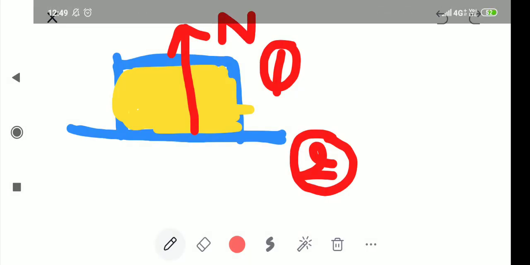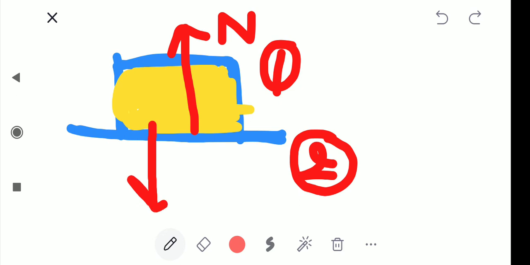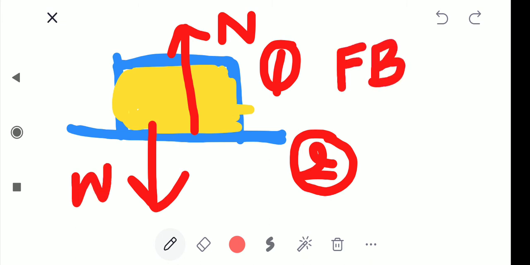Normal action. In Newton's laws of motion, we observe that a single force never exists; action-reaction pairs are equal and opposite in direction. So a single force in the universe never exists. If we think the normal reaction is the action, there is another reaction force, that is W. This is nothing but the FBD, free body diagram.